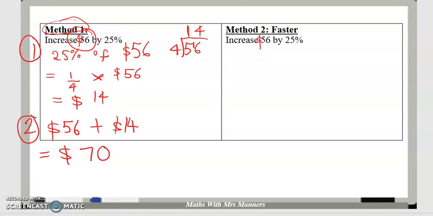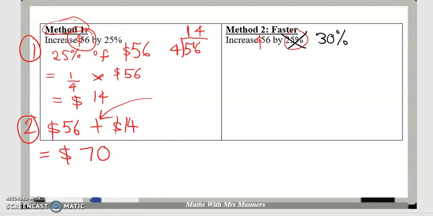You find the percentage of the quantity and then you either add or subtract it. So if I said to you decrease $56 by 25%, you would have to take the $14 off the $56. Now the other method which I do like more, and this method is much better when we don't get lovely percentages like 25%. In fact, let's use it where we have, say, something like 30% or 37% or something like